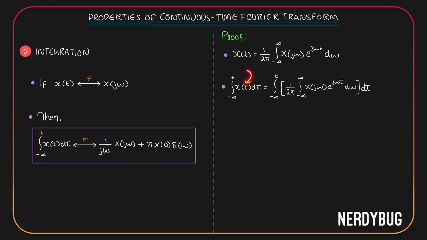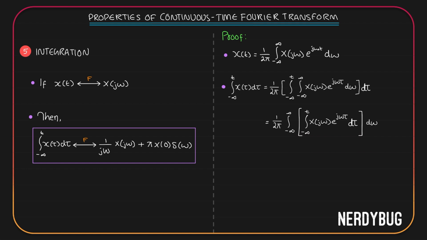One obvious thing is that I have changed t into tau everywhere, but that is okay because our limits are from minus infinity to t. So finally, when you give the limit, they will become functions of t. Now, first thing is 1 by 2 pi is a constant. I'll take it out of the integration. We have two integrations. Let us change the order of integration. We change the order of integration and dt came here, d omega came here.